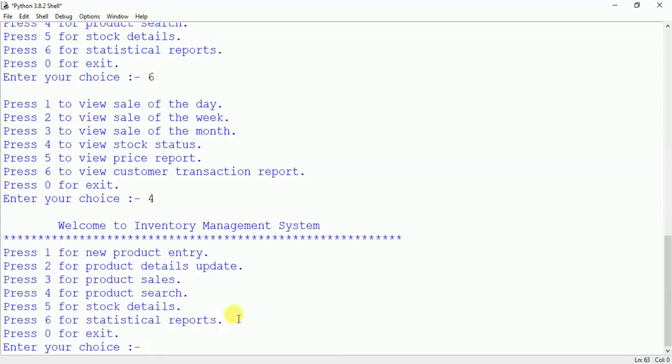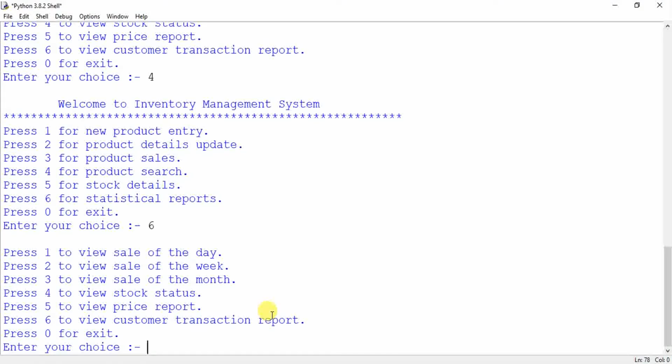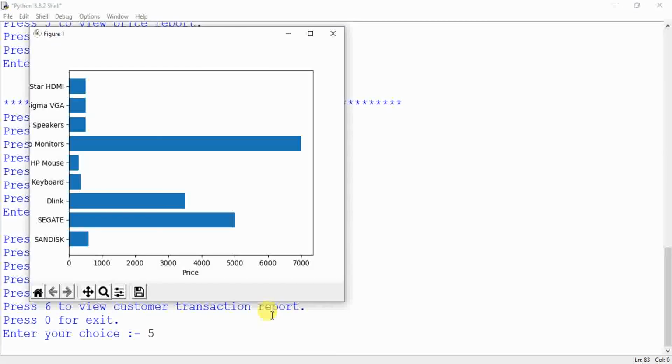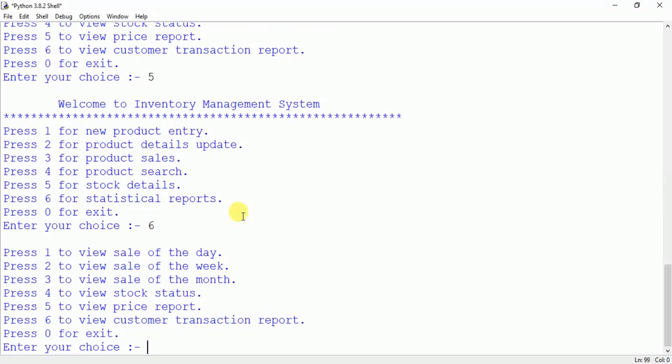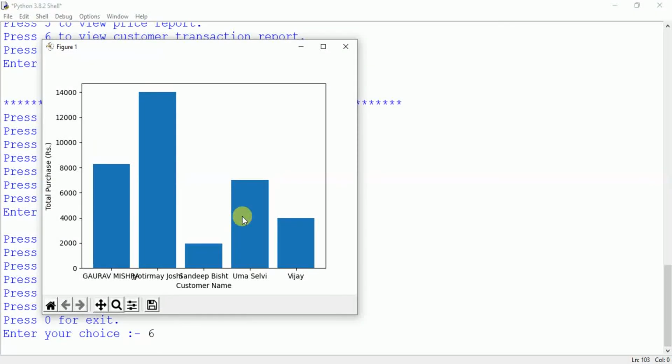Then let us see another statistical report, suppose the price report. So this is the price report of the monitors. And if you again go to the same menu and check the customer transaction report, this is the graph, showing the customers and the total transactions they have made from your store.